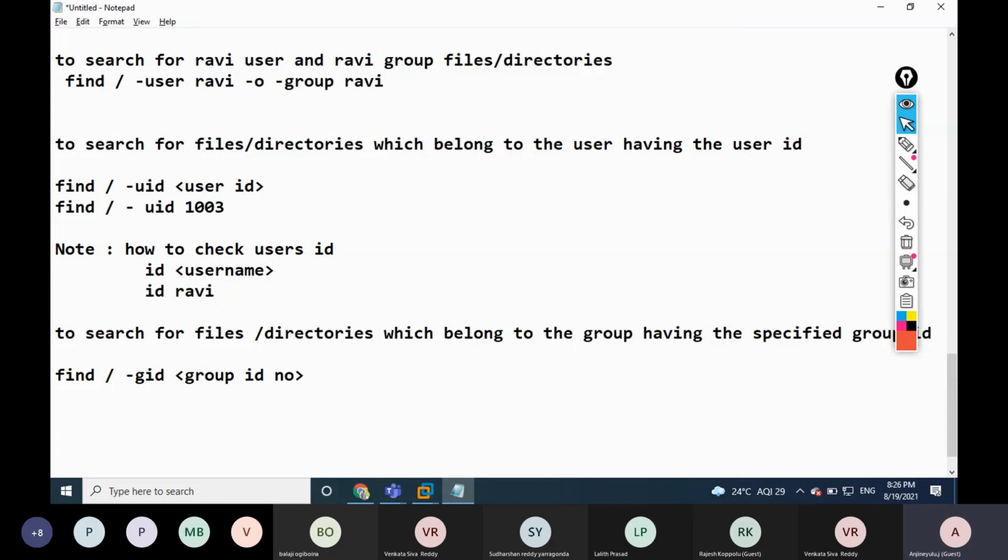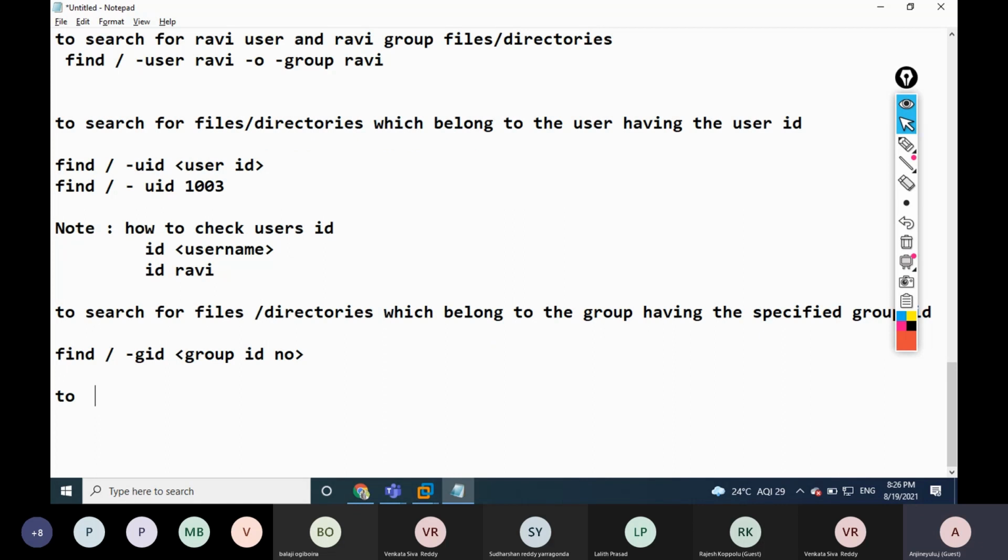Here we can find out, for example, permissions. If we have permissions like 755 or 777, how can you find files and directories with those permissions?